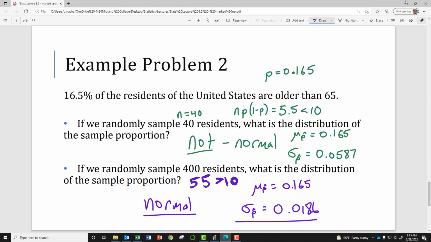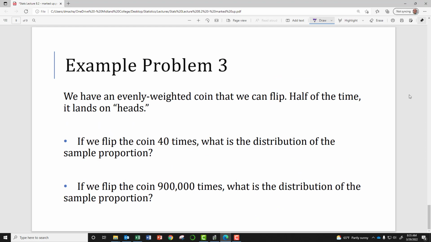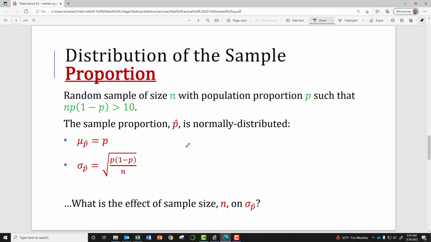Nice. Okay. Here's one more example problem. I'll go ahead and let you try this one on your own if you like. But we're very nearly getting to 30 minutes. And so the last thing I'll leave you with on this video is to say that